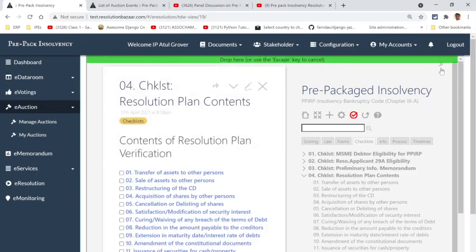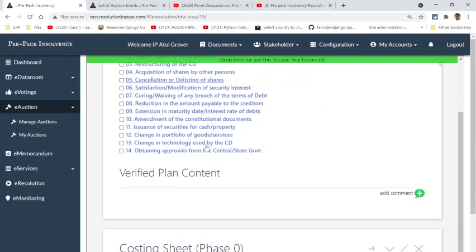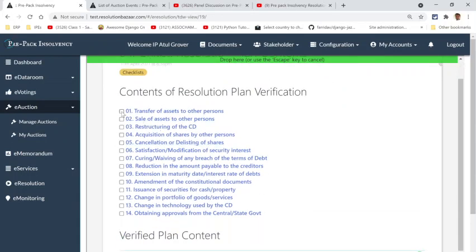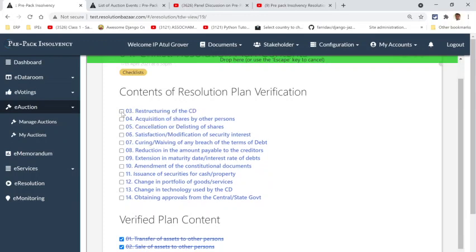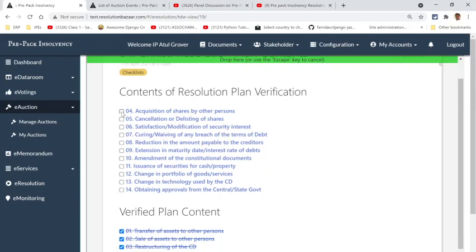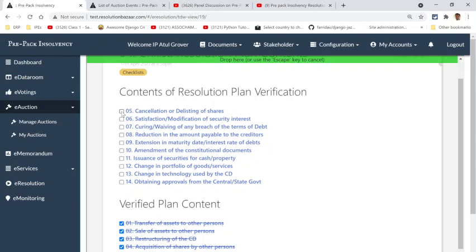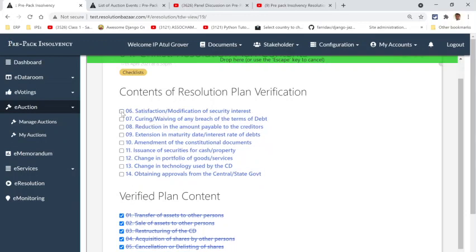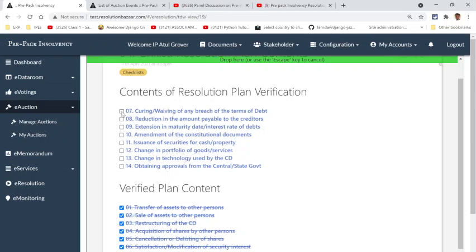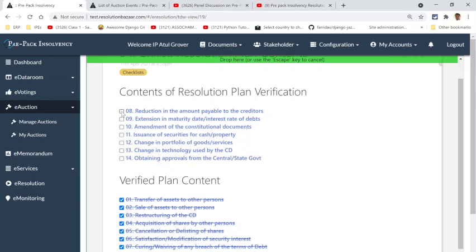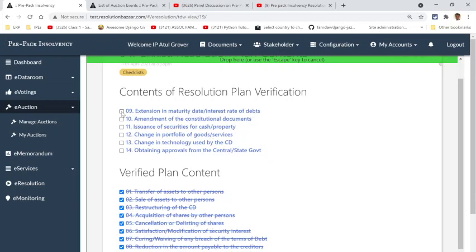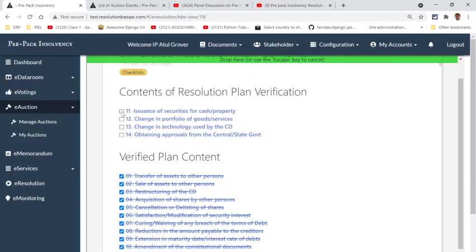In the contents, you have to decide whether you're going to transfer the assets to another person, whether you're going to sell some assets, how you're going to restructure your company, acquisition of shares by any other person, how you're going to distribute your shares, whether you're going to cancel or delist shares, how you're going to satisfy or modify any security interest, curing or waiving a breach, reduction of amount payable, what kind of haircuts you're looking at, extensions of maturity date, whether you want extension of your loans or reduction of any interest, amendment to your constitutional documents, issuance of securities, etc.